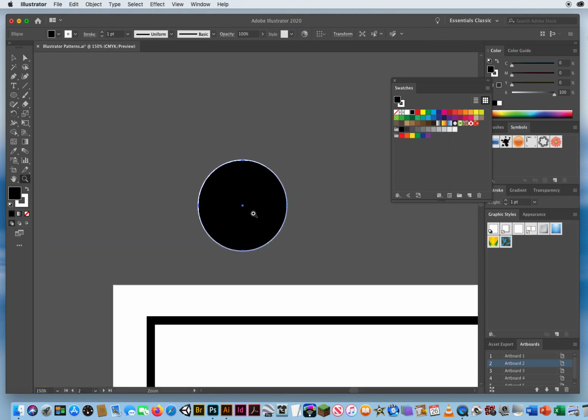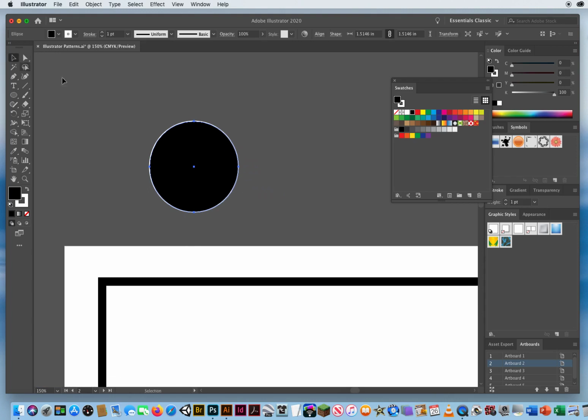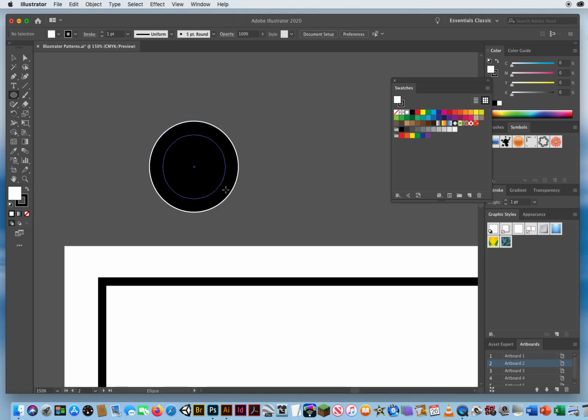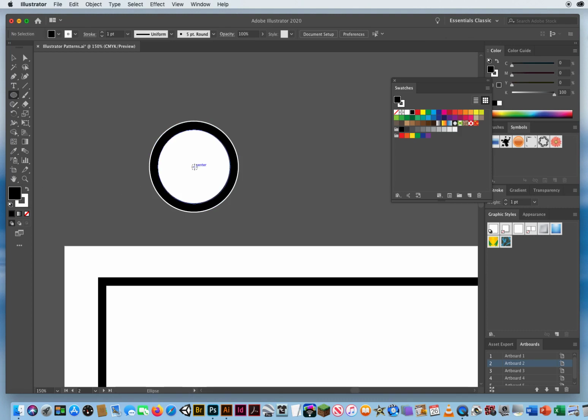So now, instead of designing it while I'm in pattern editing mode, I'm going to design it right out here on my page. So every time I click outside, I'm going to click the curved arrow, switch my colors. Now I'll take the ellipse, there's my smart guides, Shift and Option, we'll go like that. Command click, click the curved arrow. I'll do another circle right here, maybe smaller like that. Command click, and then I'm going to keep it there